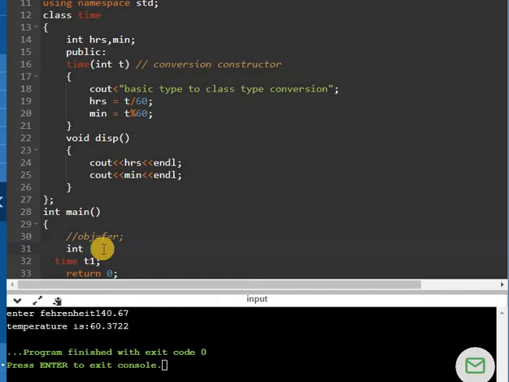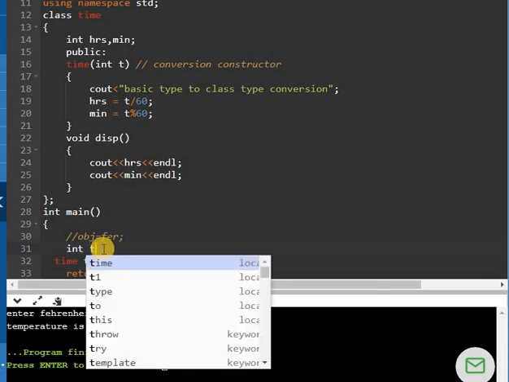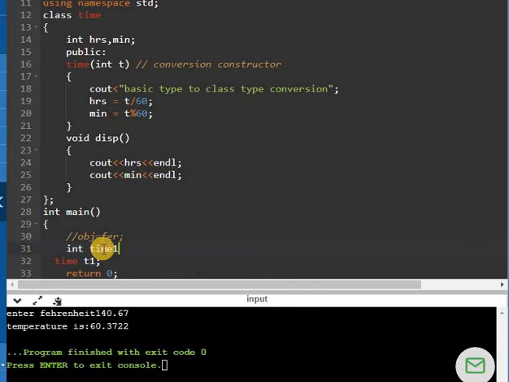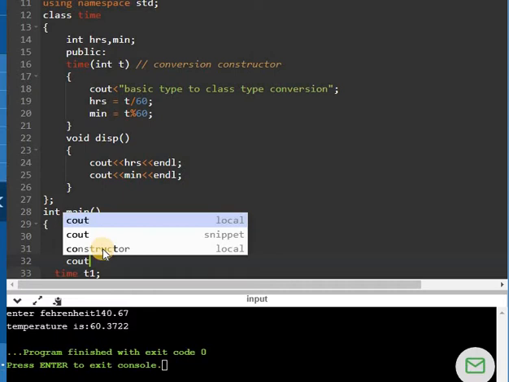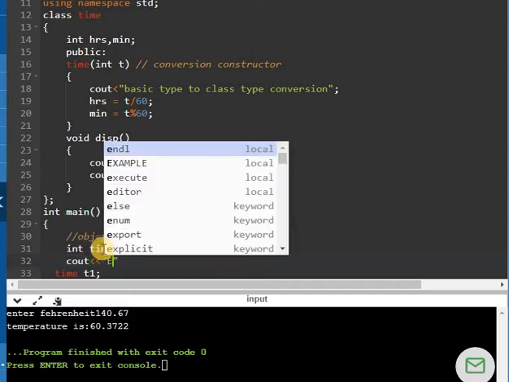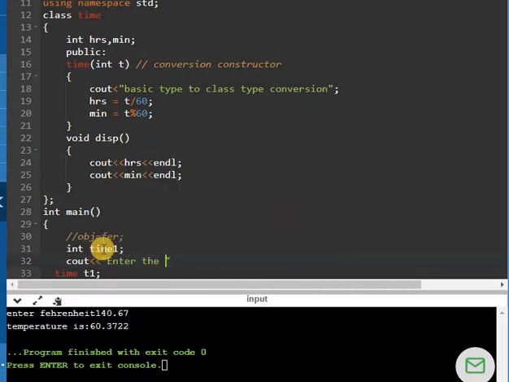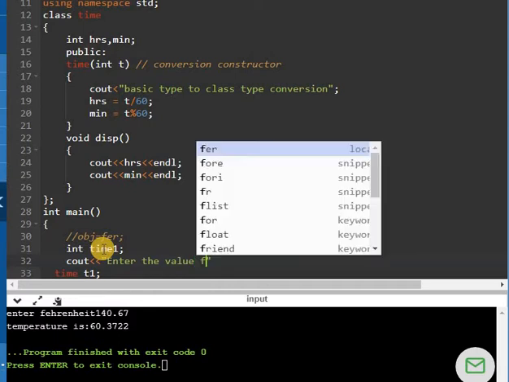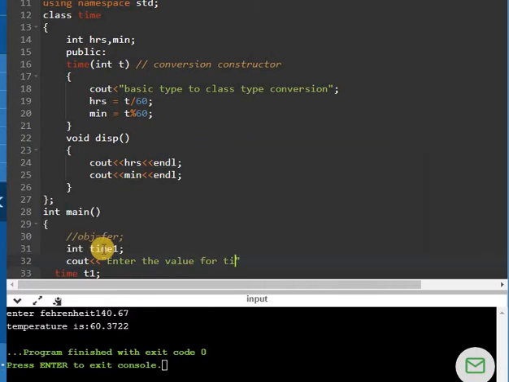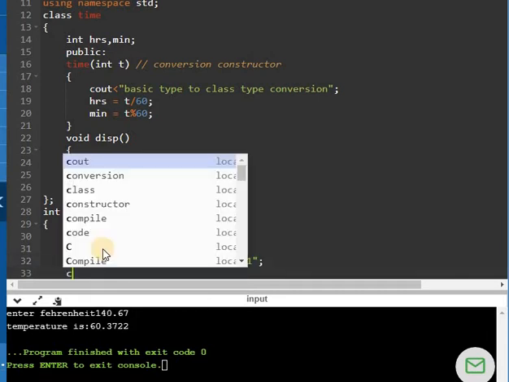Okay, so I will just take one variable, any variable, t or time1. Time is the same name as the class, so I will take time1 as the name, and then I have to enter the value for time1. Alright, semicolon, and then cin to read it.